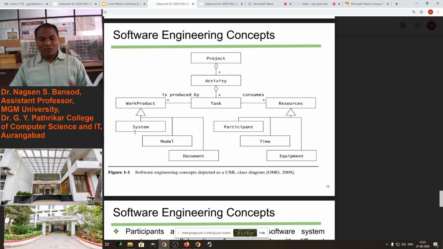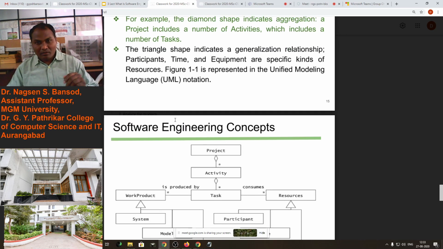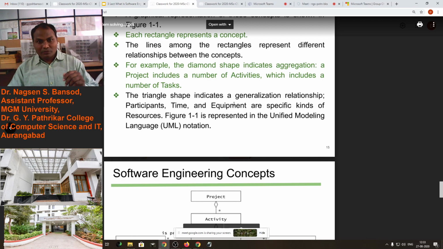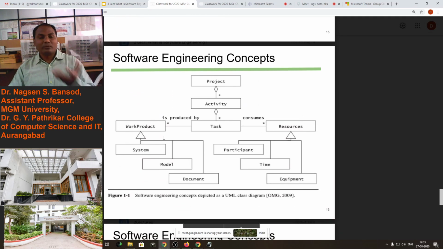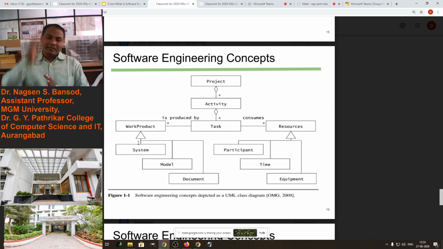Now you see what we will do. We will develop a system. Work product is, now see, a generalized thing. Work product means whatever the product of our company is, that is all associated with the work product. So therefore here the triangle shape is given. Then what are the products of our company? Suppose a system. We can sell a mobile phone, or we can sell, you know what a system is?